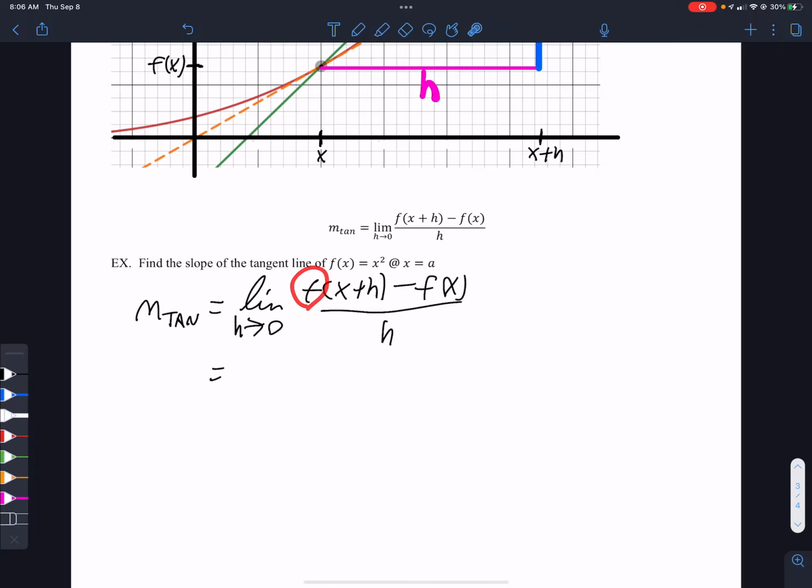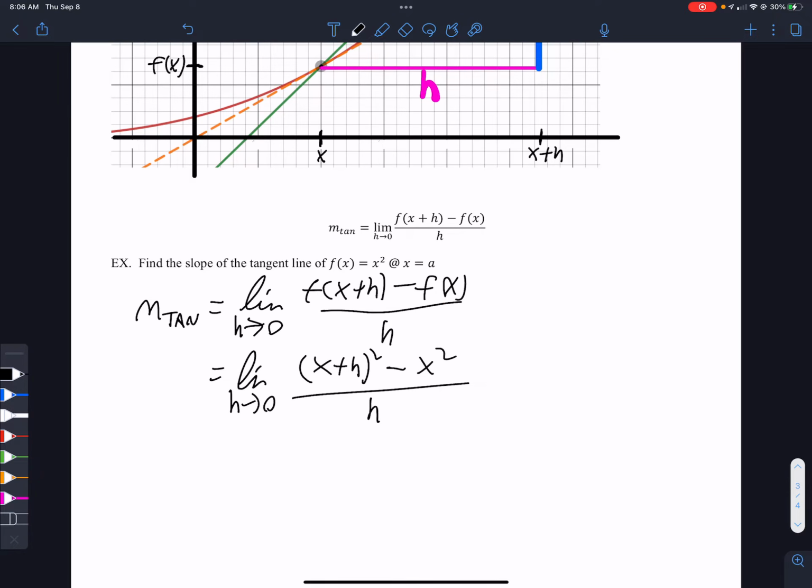What is f? f is x squared. So we're going to put x plus h into x squared. This just takes practice. It gets easier. x plus h into our function x squared. So it's going to be x plus h into our function, squared, minus f of x, which is just the original function, x squared,